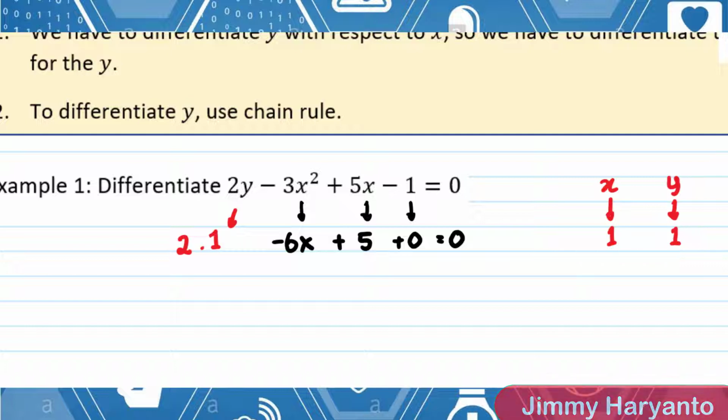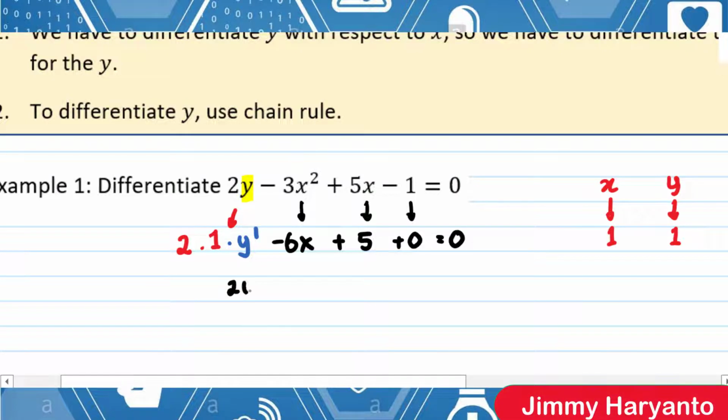What is the meaning of chain rule? The differentiation of y will be 1 times the differentiation of the inner function. So you will write 1 times y accent. Y accent dapatnya dari mana? Dari differentiation of the inner function, karena itu bukan x tapi y. Differentiation dari inner function y itu kita nggak tahu apa, kita nggak bisa ngitung karena kita nggak tahu y-nya apa. Jadi kita tulis aja y accent seperti itu.